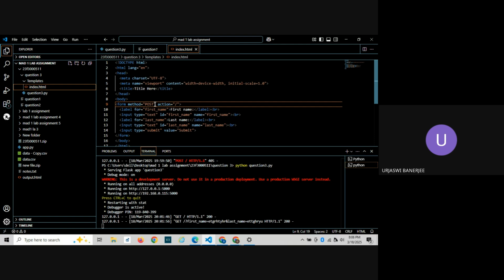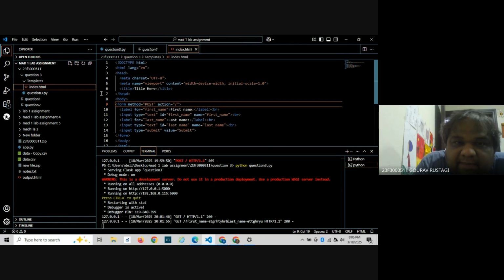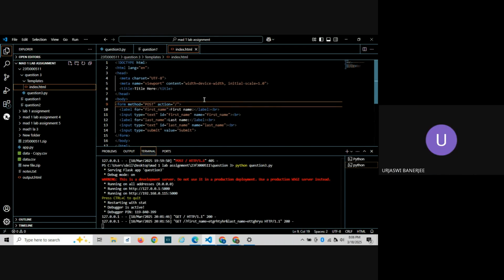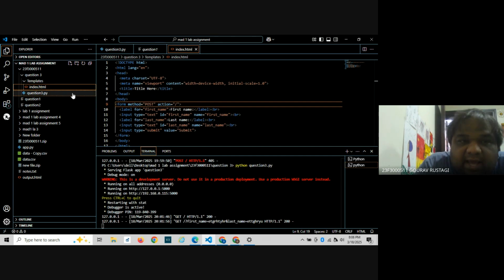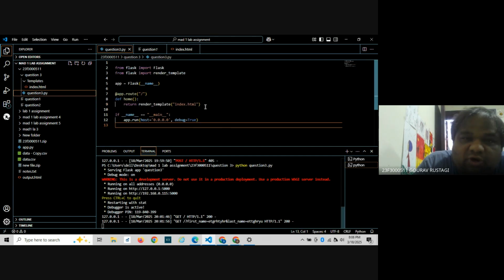For sending something, it will be POST, but your code will do whatever you want it to do. Whatever you mention it as, it will take. If you mention it as GET, it will take GET. If you mention it as POST, it will take POST. From here it is going to GET by default, but it is not getting the GET, and that's why the error is coming.